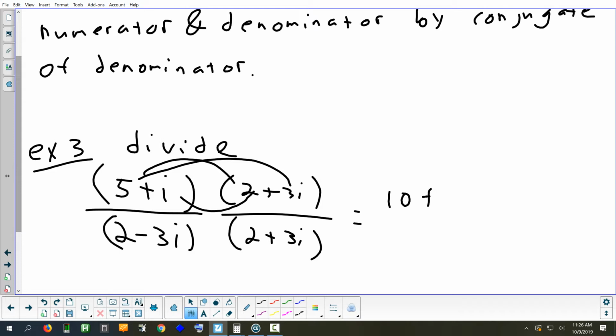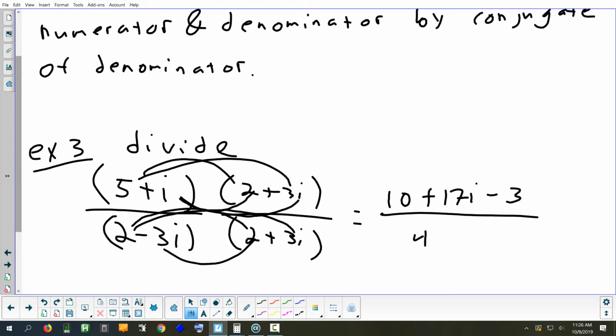Well, negative times positive is a negative. And what's 3i times 3i? So if you need to write it off to the side, that's a 9i squared. But what is 9i squared? It's negative 9. So we end up with 7 plus 17i all over